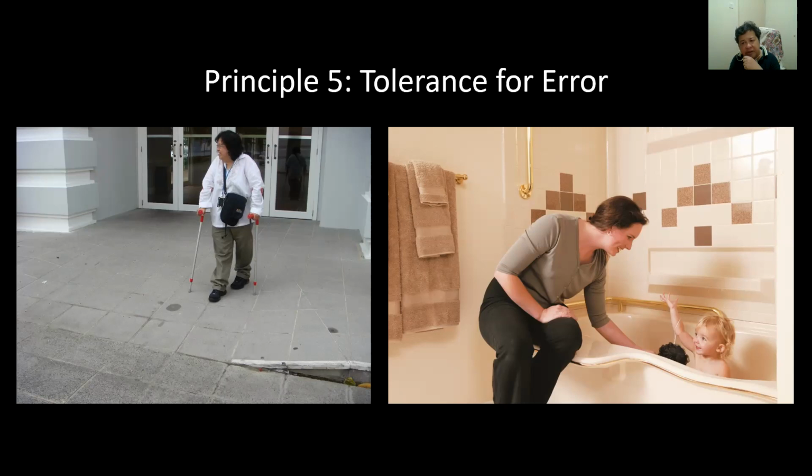When a child takes a bath and the mother is helping the child, you design the bathtub to actually accommodate the anthropometric, or how the performance of the human being, the mother, to actually assist the child, because if it's comfortable for the mother or the parent, then it's easy for her to help the child if any difficulties happen. So this is when the designer actually thinks about tolerance for error to minimize any problem that could happen.